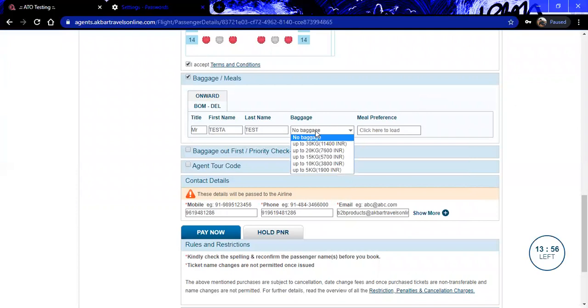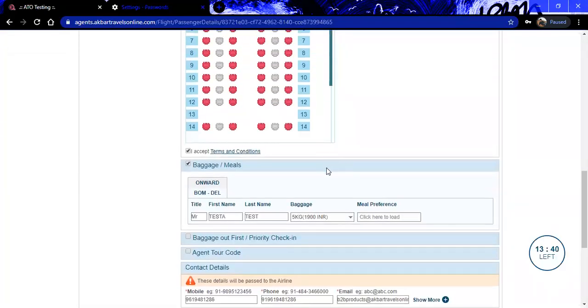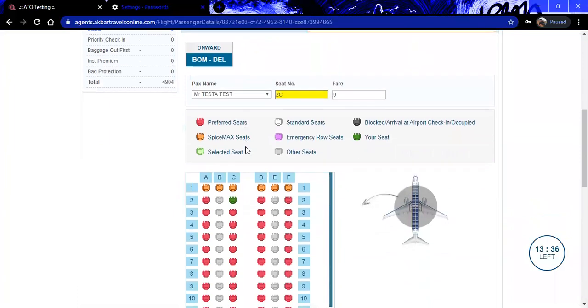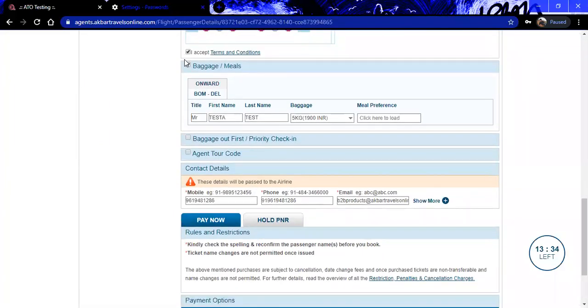Okay. There are extra baggage, that is excess baggage, facilities also there. You can pay the amount for that particular kgs and purchase the baggage from here itself. Okay. So whatever I have selected, 5 kg, and the amount is already added for the baggage in my summary. Okay, this is how it works.